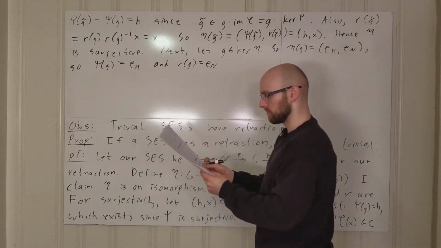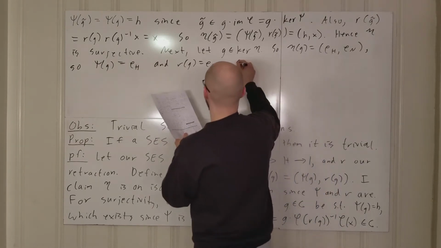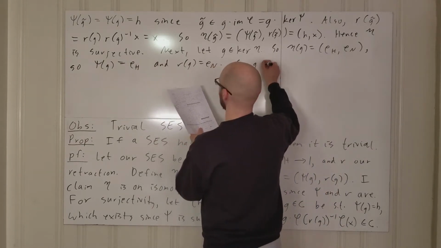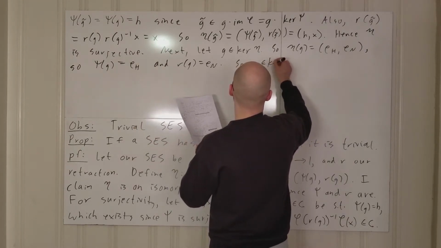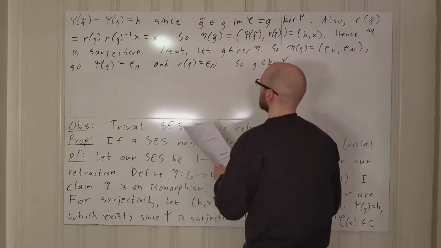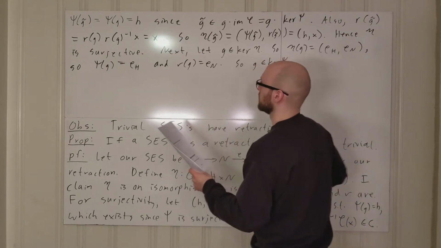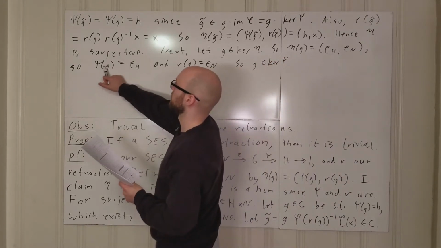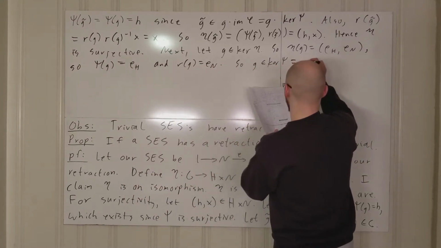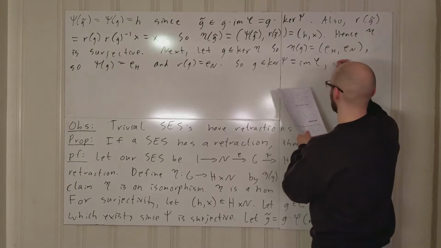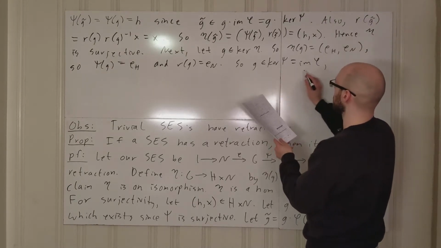Okay, so we got that. So then g is in the kernel of psi, right? Because psi of g is e_H, so it's in the kernel of psi, which is the image of phi. So g is in the image of phi,